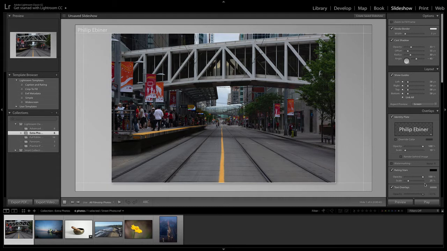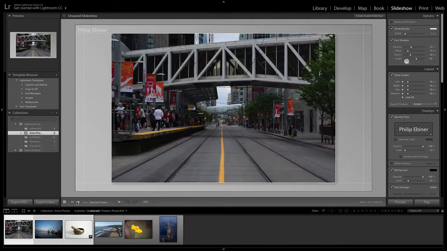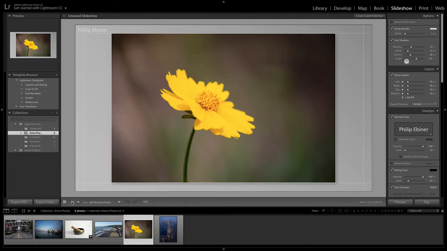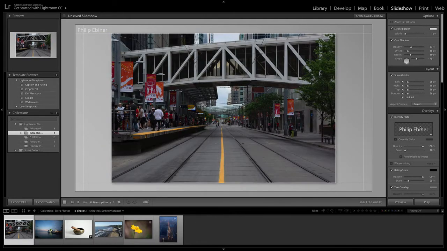Now, to choose the photos that you want to include in this slideshow, you can use this button down here. It says use all film strip photos, which are all the photos down here, or you can choose just selected photos or just flagged photos, for example. So if I select 3 and then just choose selected photos, it will only go through those 3 photos. To go through the different slides, you can just click this button right here, the before and after button, or you can just click the photo down here in your film strip down below.